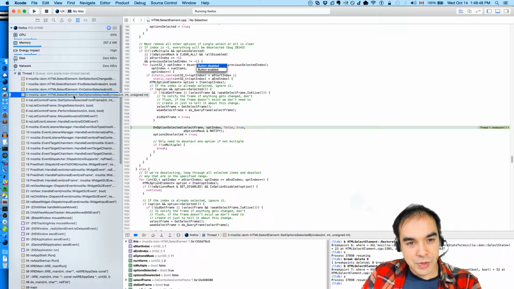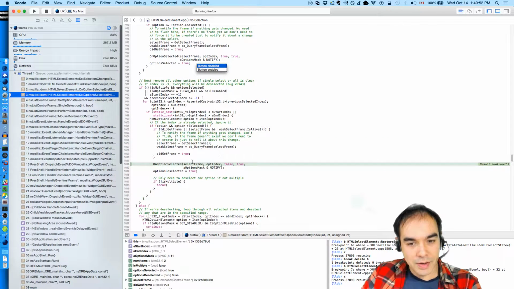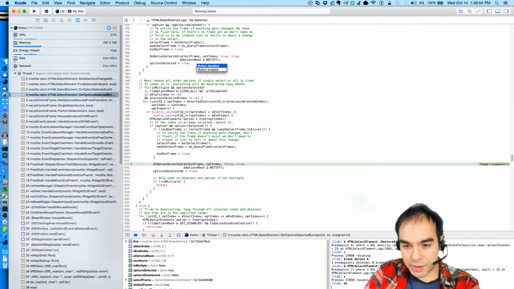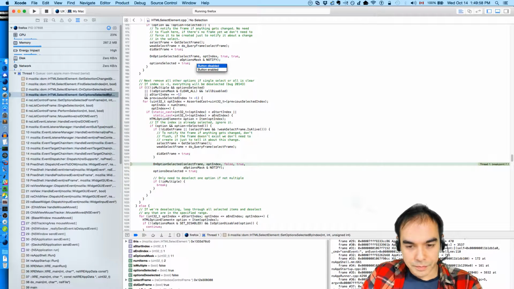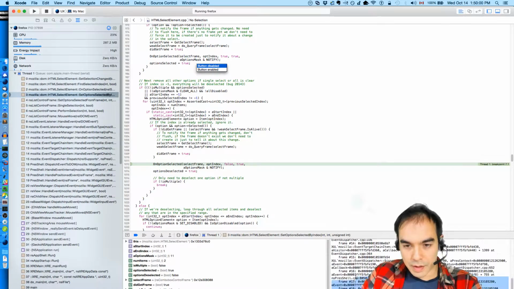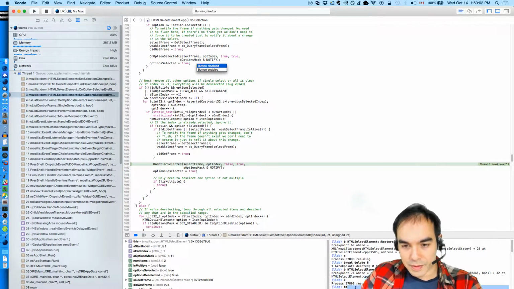And we choose whether or not we're going to notify. You know what? This backtrace might be useful. I'm going to hold on to this.